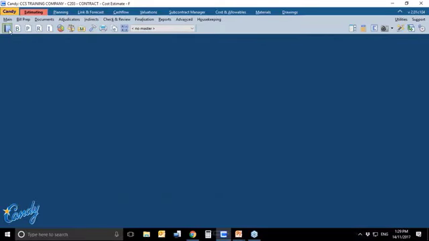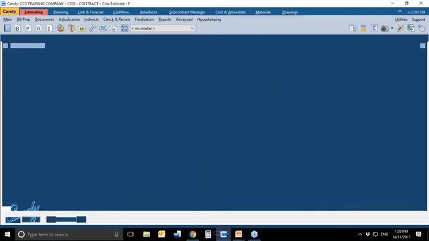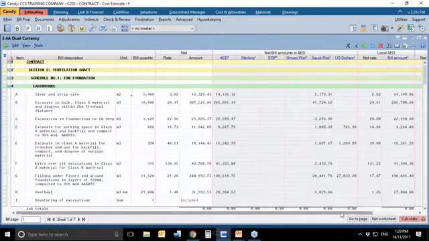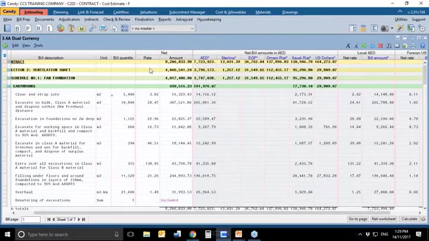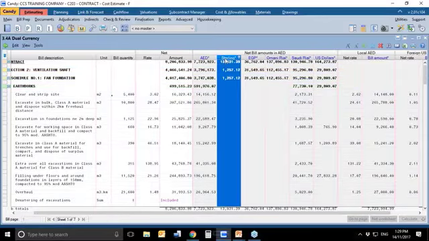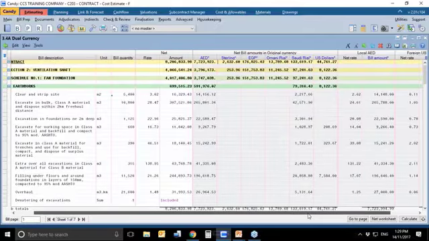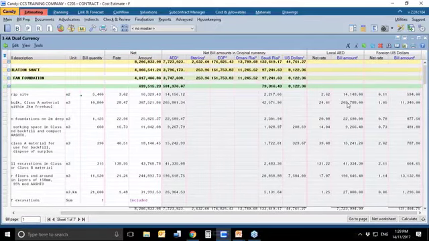So now if I click on the bill, so Blue Book, we've set up a document for dual currency. Let's double click and open up 3.4a, dual currency. And if I click on calculate, there I can see my total in dirhams. I can also see my currency splits. I could see these currency splits based on my pricing currency, or I could select it based on my original currency, and then you could also see the local and foreign. So if you look at this item here, excavate